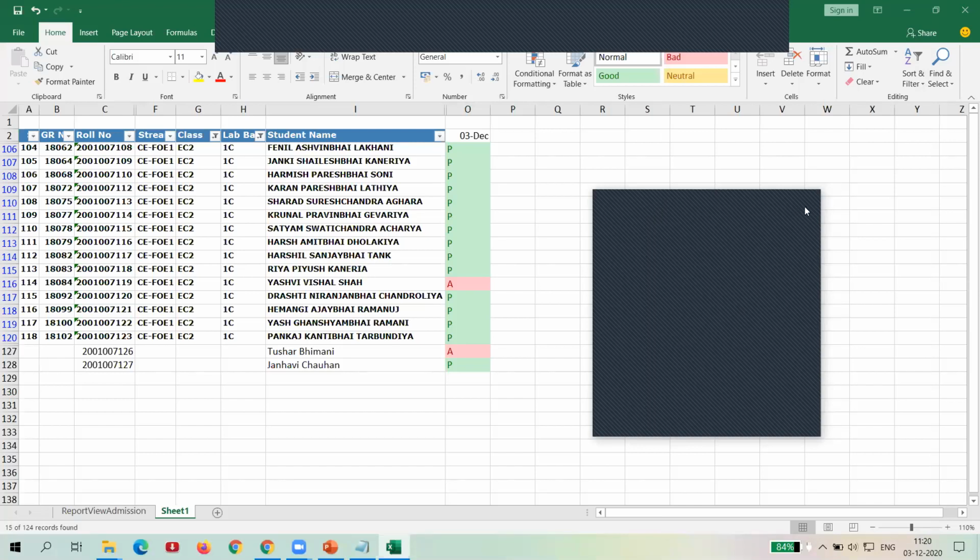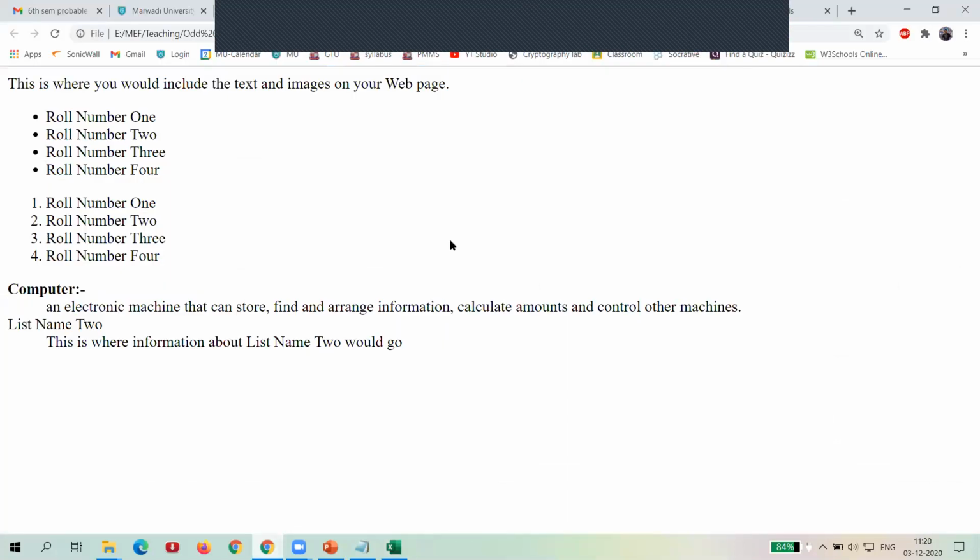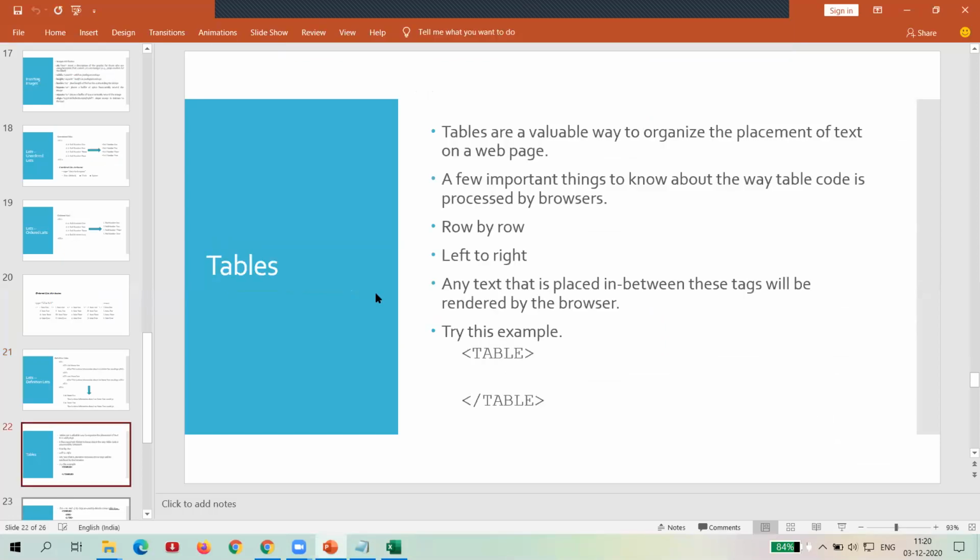So let's continue with another tag. The next, and that is the last tag, is the table tag. Now you can also add a table through the HTML tag in your simple web page. Once you add the table, you have to remember two points.